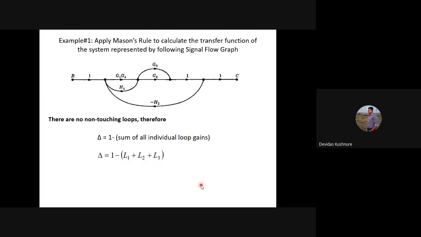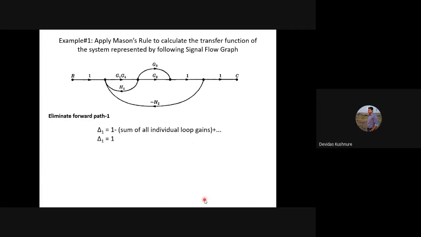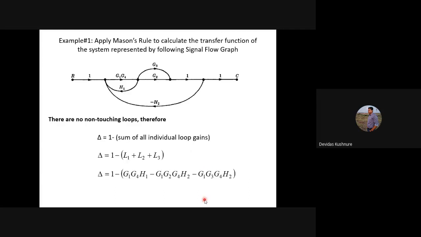We solve this bracket, and if you multiply with the negative sign, these parts are going to be positive. So we have calculated the denominator of the transfer function. If I equate this denominator to 0, that is going to be the characteristic equation of your system. So we have calculated the denominator of the closed loop transfer function. Now we know P1, P2, and delta, and we have to calculate delta 1 and delta 2.